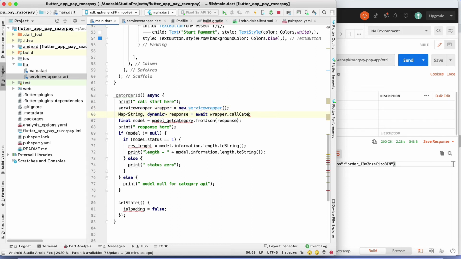The API name is call order ID, and there we need to pass the transaction ID and amount. So when I call this function, I will pass the TXN ID as a string, and the amount as a text only. Okay, and the model class, so we need to create the model.